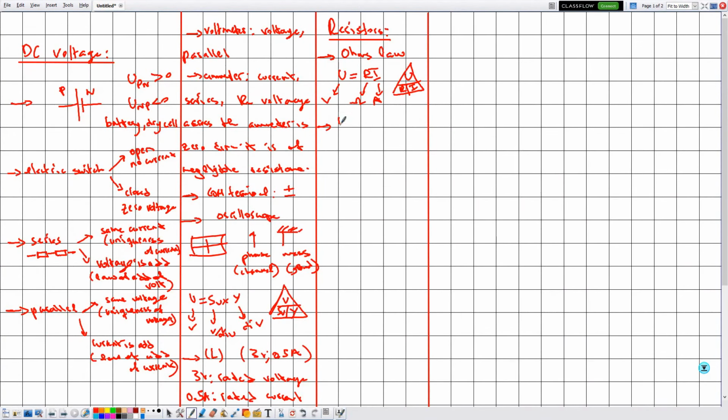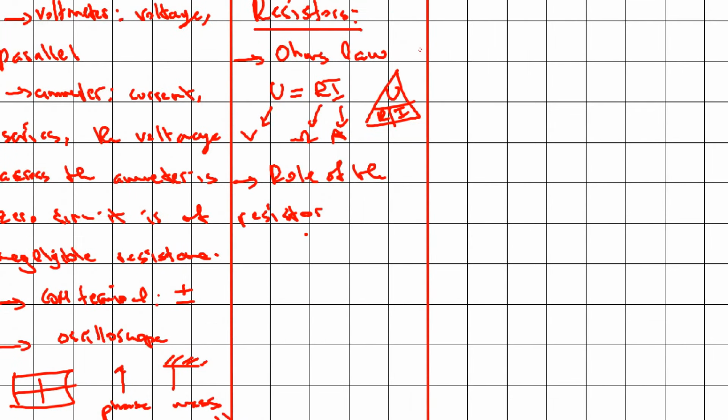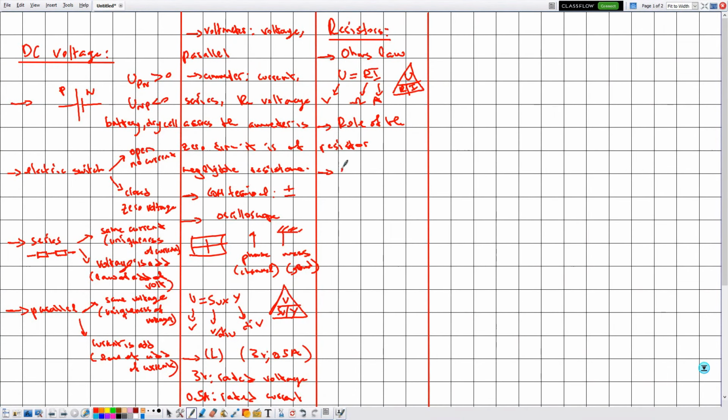Now remember the role of the resistor. So recall that the role of the resistor is to limit the flow of electric current in order to let other components function normally, and it converts electric energy into thermal energy, which is known also as heat, and this effect is given by Joule's effect. Okay,